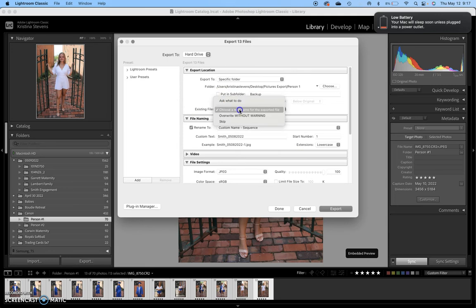The existing file should be chosen with a new name so that you don't overwrite any of your files, because the last thing you want to do is lose an edit. I rename my files. You don't have to. You can leave it just like it is. I rename mine to the date I did the shot with that person's last name. So we'll say last name,